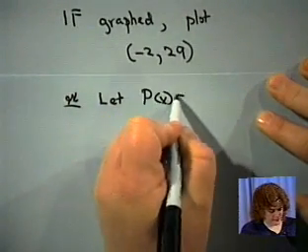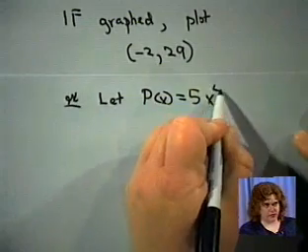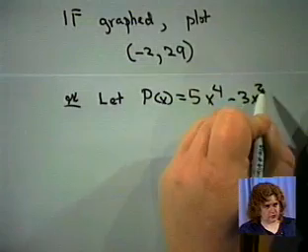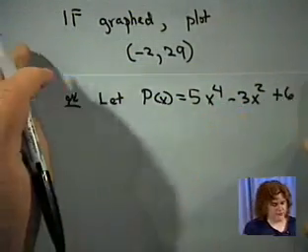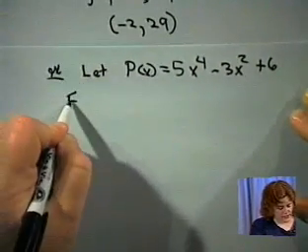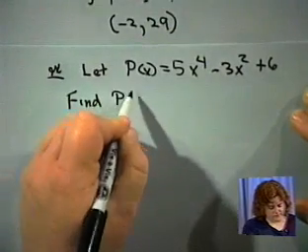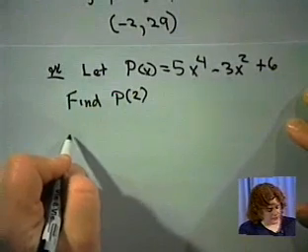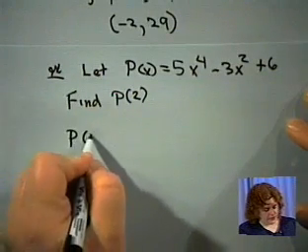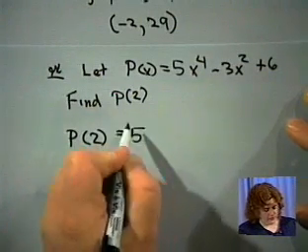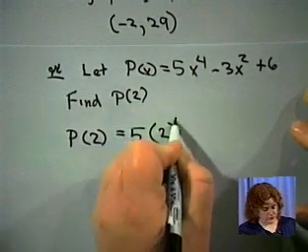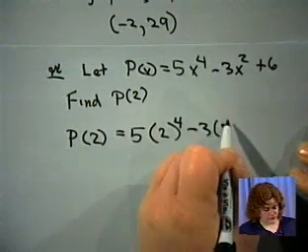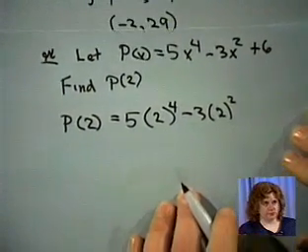P of x equal 5 x to the 4th power minus 3 x squared plus 6. Find P of positive 2 this time. Well, again, everywhere we see an x, we're going to put in a 2. So we'll have 5 times 2 to the 4th power minus 3 times 2 squared